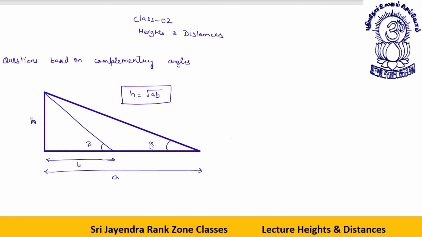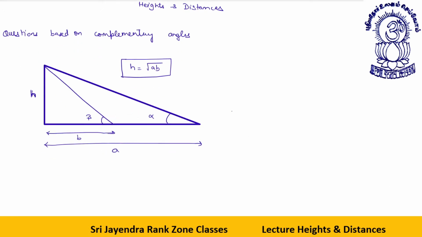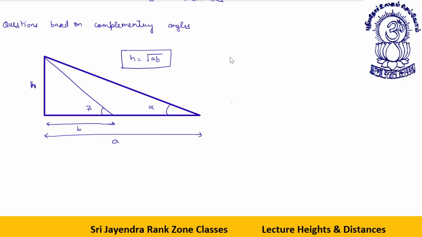How will we prove this? Look, let's talk about tan alpha. The basic thing is, what is tan theta? Tan theta is perpendicular upon base. If I take any right angle triangle, I say this angle is theta, this is 90 degree, this is perpendicular, this is base. So what will be tan alpha? First of all, tan alpha will be perpendicular upon this base, that is h by a. Then we have tan beta, this is beta. Tan beta is equal to h by b.